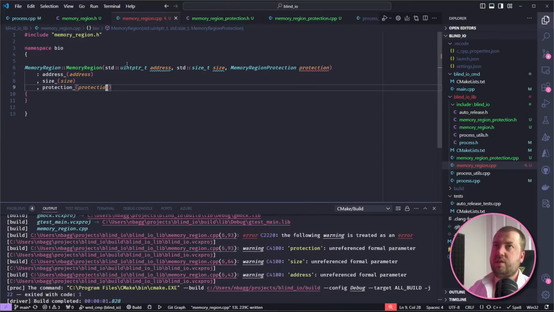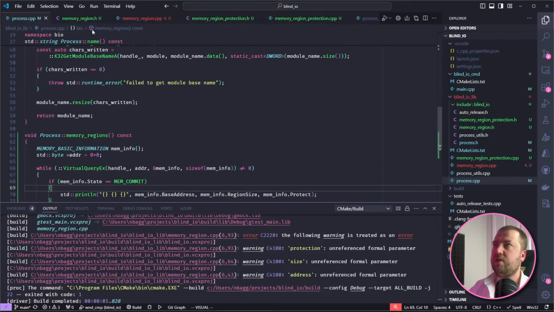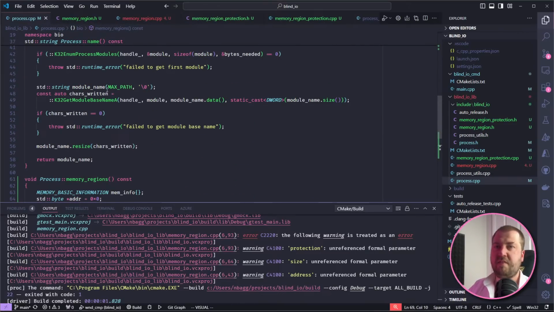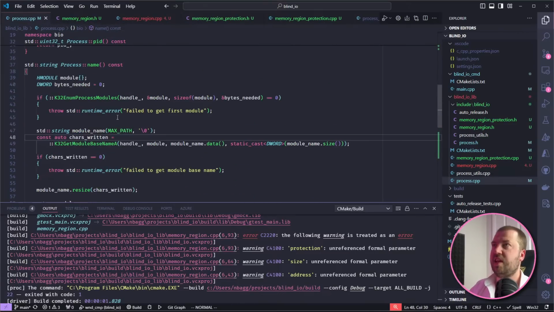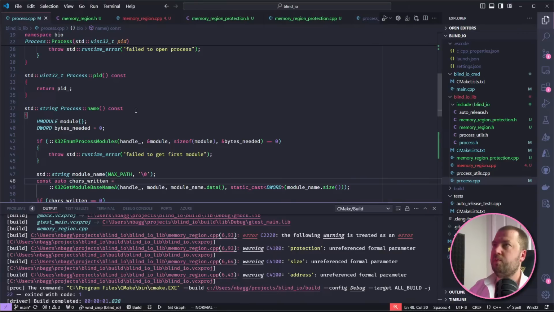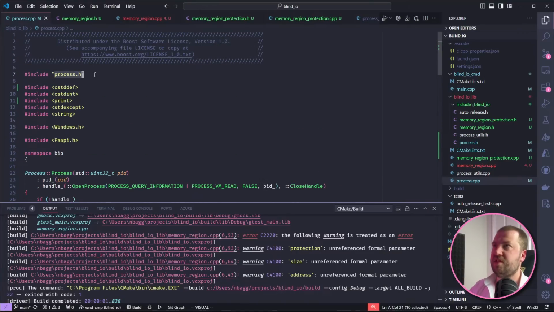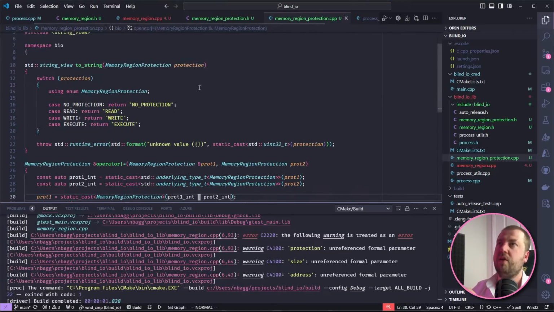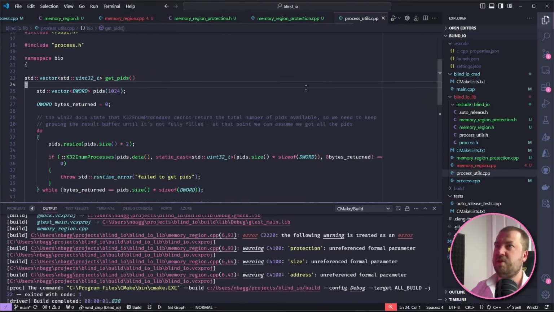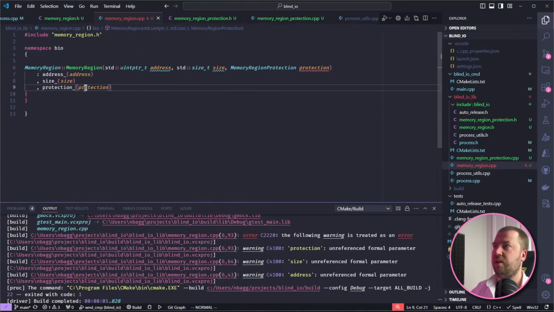Oh, something I wanted to mention at the beginning is that last time we had a load of annoying red squiggles in process CPP. It didn't affect the compilation, but it affected the IntelliSense, and someone pointed out that it was probably because there was a clash with process.h. I looked at it afterwards, and that was absolutely true. Inside the Windows toolkit somewhere there is a process.h, so I had to fiddle around with the VS Code settings to convince it that no, my process.h is the one that it should care about. So yeah, I meant to mention that at the beginning, so thank you to whoever pointed that out.